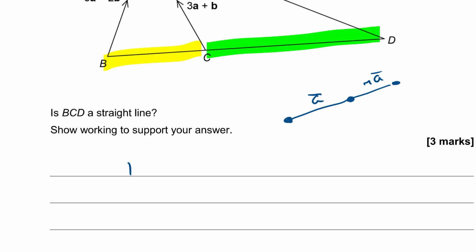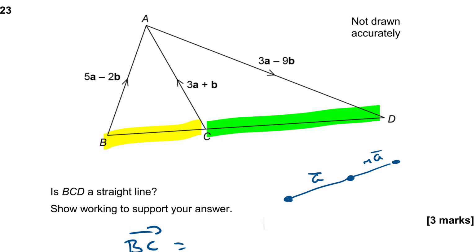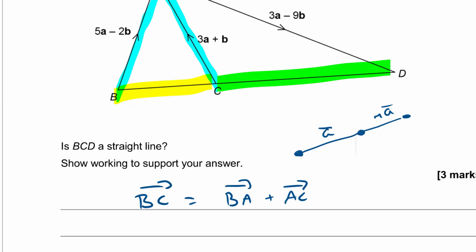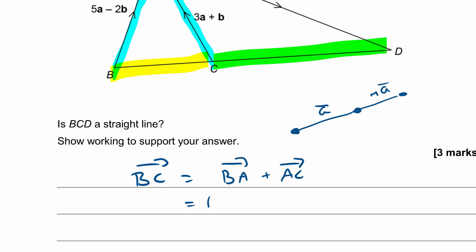So vector B to C, what's that then? Well, we can get from B to C by going up here and down here. We've got to travel along routes that we know. We don't know anything about the direct route, but we know those two, so we can use it to work it out. So B to C is B to A plus A to C, and B to A is 5A